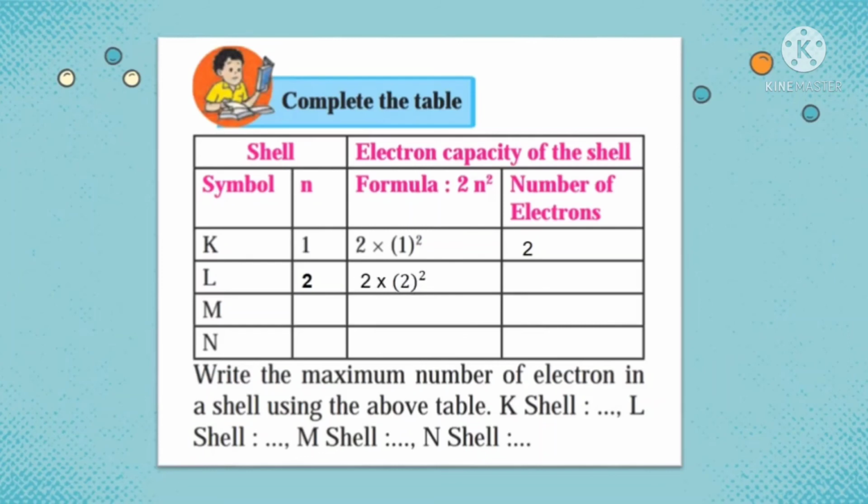Now here I am showing you by putting the values with the calculation. See, for the L shell, 4 into 2 is equal to 8. For the third shell, now we are going to do the calculation for the third shell. Rewrite all these things very neatly in your notebook. Also, if you are not getting my points or have any doubts, you can call me or message me.